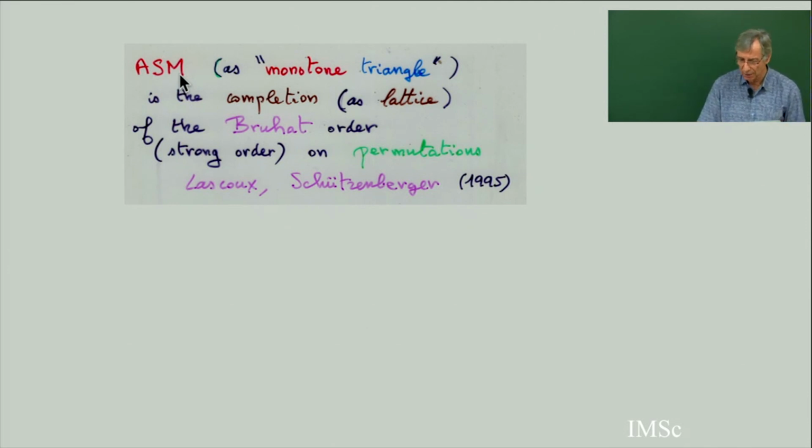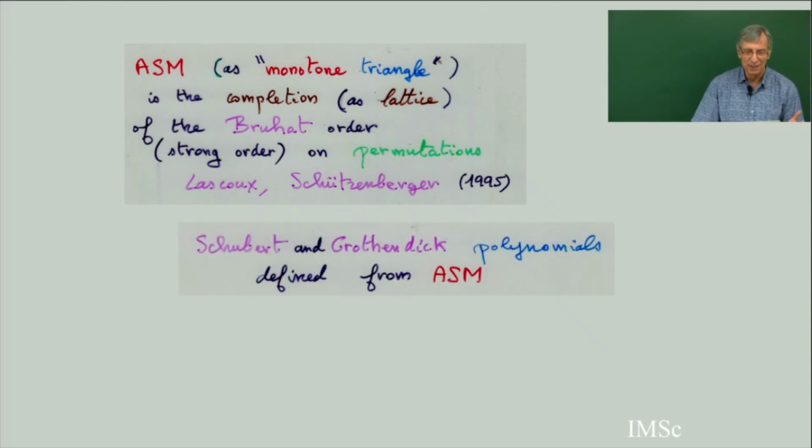This was in '95, 20 years ago. Lascoux has worked on the X model, everything. Also, there was, I think, a workshop here on Schubert calculus, and extensions by Lascoux with Grothendieck polynomials. So Lascoux also defines the Schubert and Grothendieck polynomials. You can define them from the Einstein matrices by putting some weight on the Einstein matrices, and you get the Grothendieck polynomials. I can give you the reference. The paper is a beautiful paper, the Lascoux-Schützenberger.